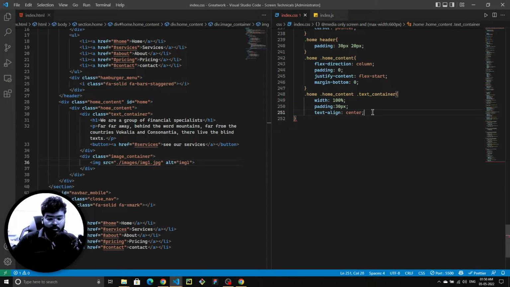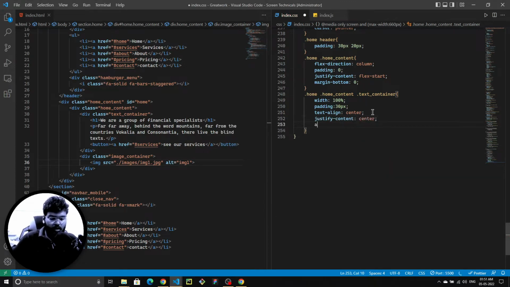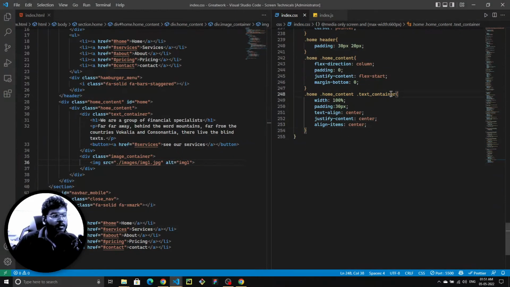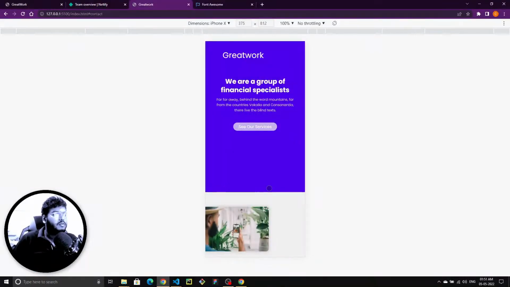and I'm going to write here justify content to be center, align items to be center, see this other thing, and I'm going to see this thing, right. Now copy this thing, paste at this point, it's going to be image container, giving it a width of 100% and a padding of 30 pixels at this point. You can see this thing,